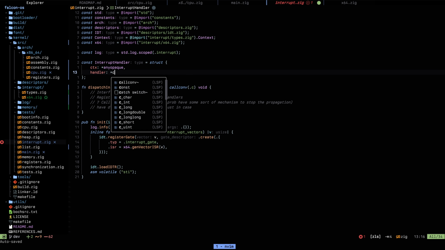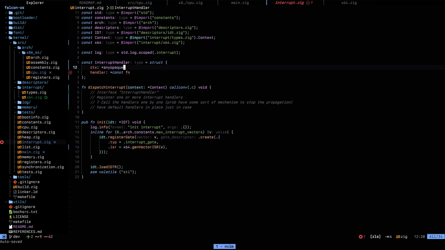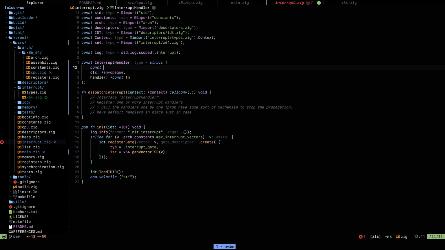Should be a const. Let me just define this here. Let's call this handler fn is a pointer to const fn that takes in an any opaque, right? And it takes in a context